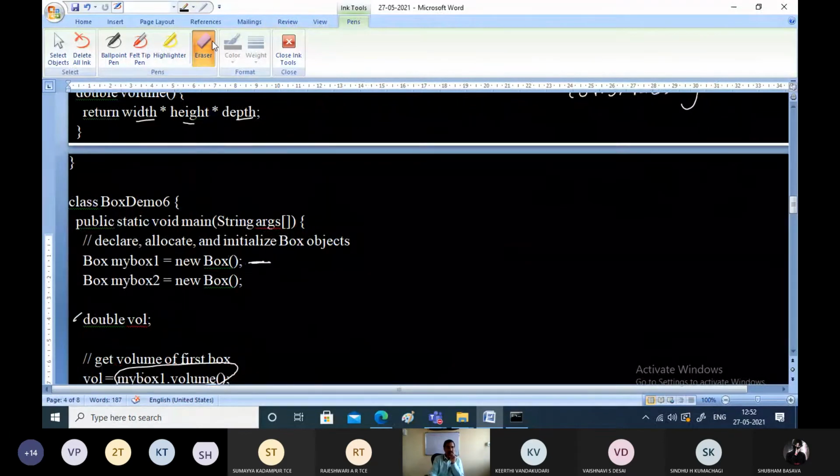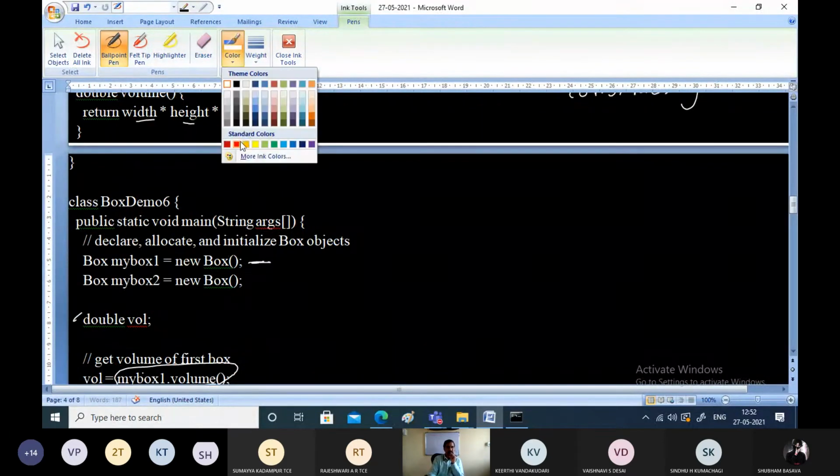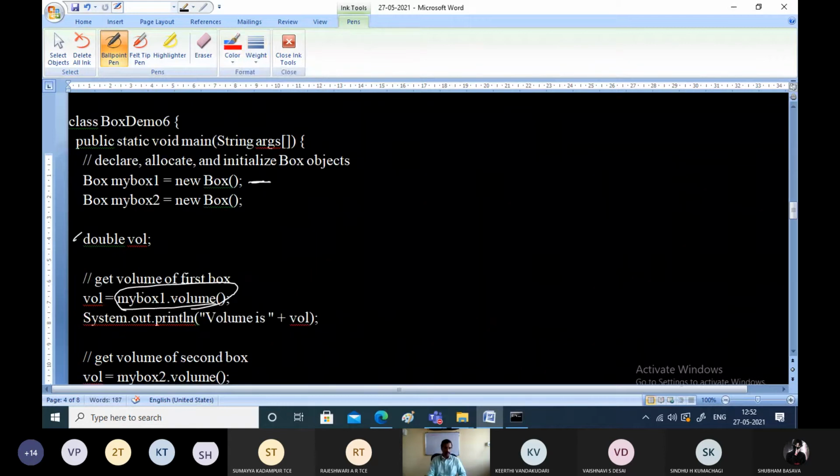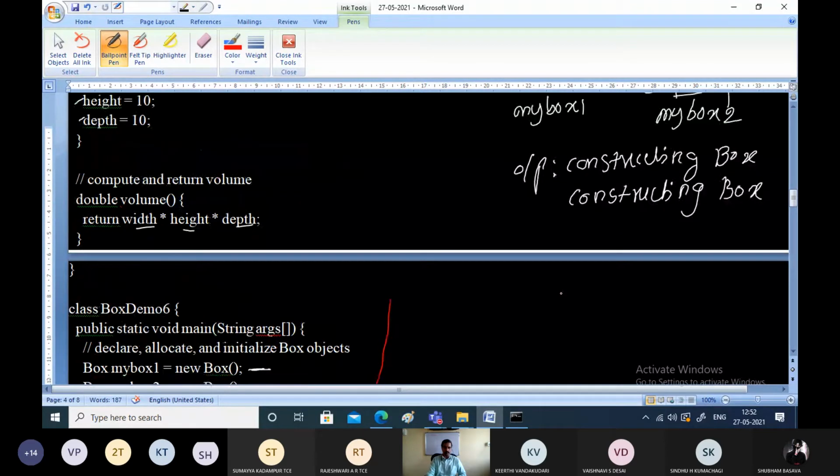Right onto the mybox1 object, invoke the volume function. That means the volume function we are calling now.